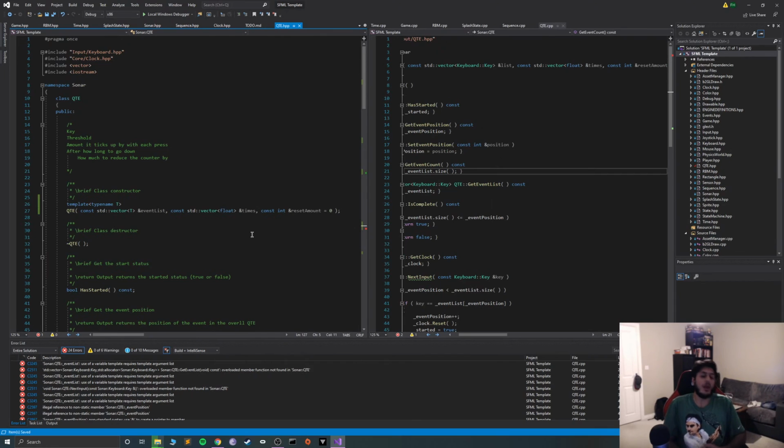But I want an equivalent for mouse, I want an equivalent for joystick. For now, we're not looking at combining the ability to put, say, 2 keyboard keys, then some sort of mouse input, then a couple of joystick inputs. They have to be separate QTEs, which is fine. So looking at how to do that, and